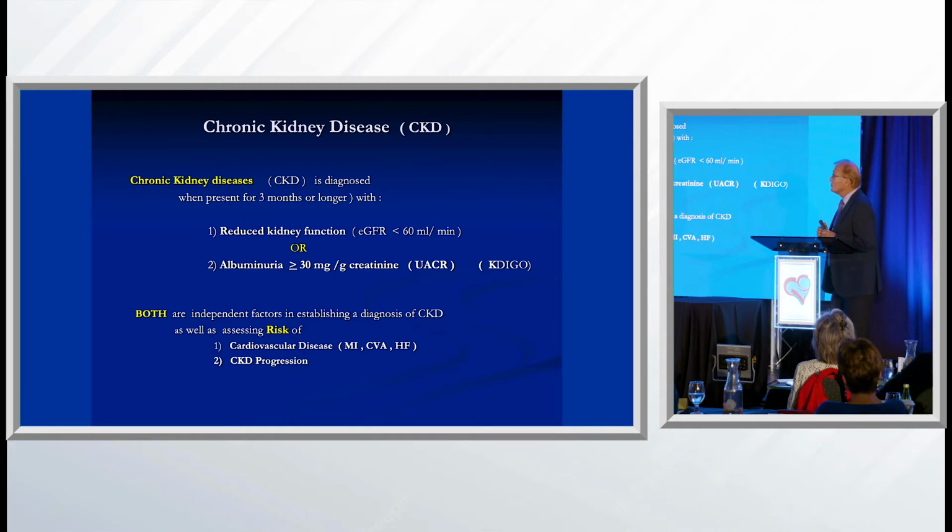If you don't do urine albumins on all of your patients, and I'm going to tell you which ones you should do it on, you're missing 60% of the early diagnosis of CKD, and therefore you won't address the issue. Most people who develop CKD from an eGFR standpoint actually have albuminuria first. So there are 3 ways to make a diagnosis of CKD: you either have an eGFR less than 60, or you have albumin in the urine of 30 or more, or you have them all together. That's the bottom line.